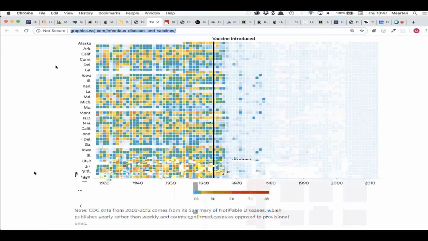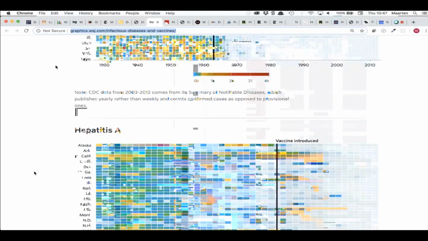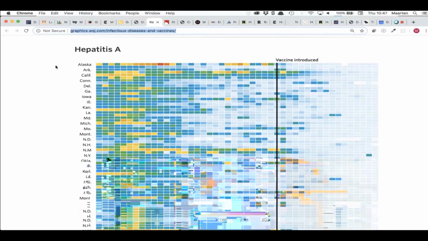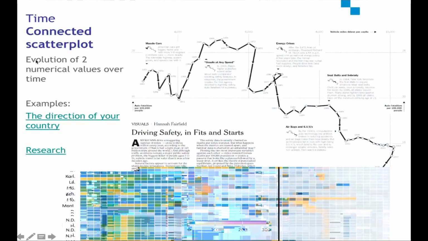And on this page, you have also the same chart, but for different diseases. The authors of this chart use the heat map technique, but they are using the x-axis as a time axis. So this is also a technique for showing many time series at once. Then the last technique